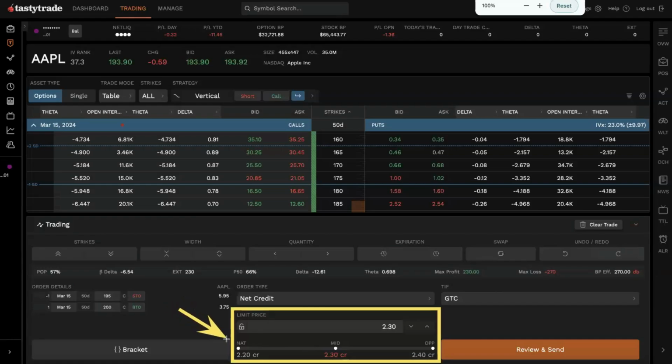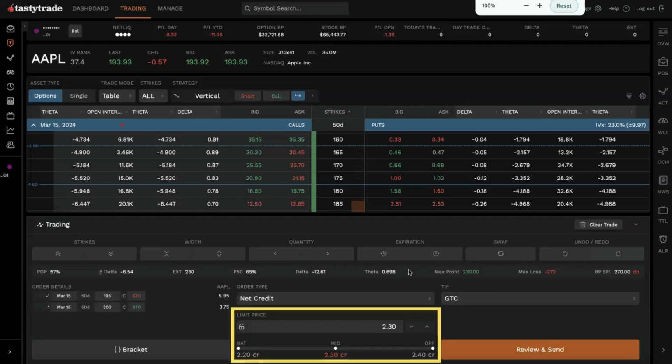So you're going to see NAT over here. You're going to see mid price right there. Also this over here. So that's kind of giving you a range of where these options are trading. Each of these single leg options has its own bid ask or spread. So as you're buying two options, that bid ask for buying that spread or selling that spread together might widen out. And in this case, the market for opening this trade is trading between about